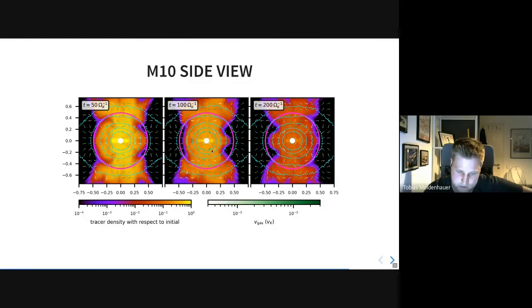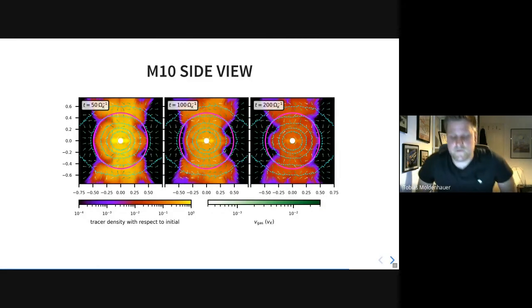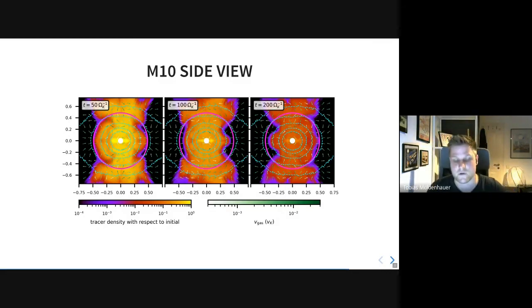The arrows point in different directions. Also, if you go to the 200 omega Kepler inverse plot, and this was not the case for the 1 Earth mass simulation. For the 1 Earth mass simulation, you get a neat steady state where the velocity field is constant in time. And now at 10 Earth masses, we see that the